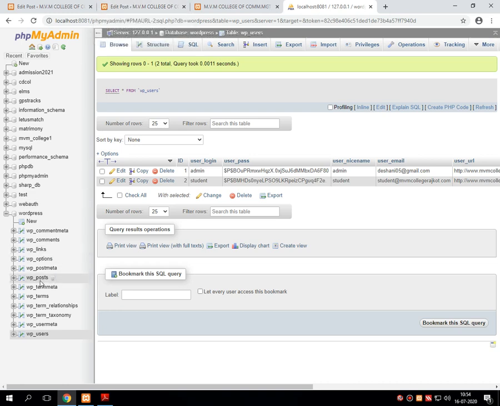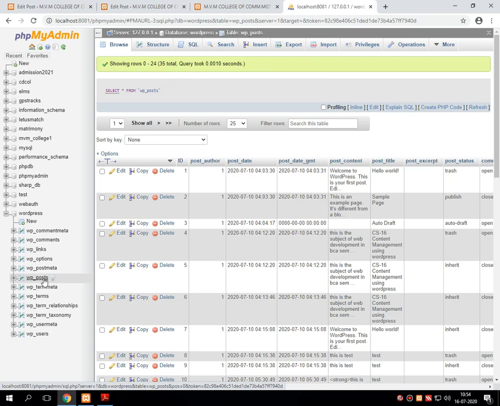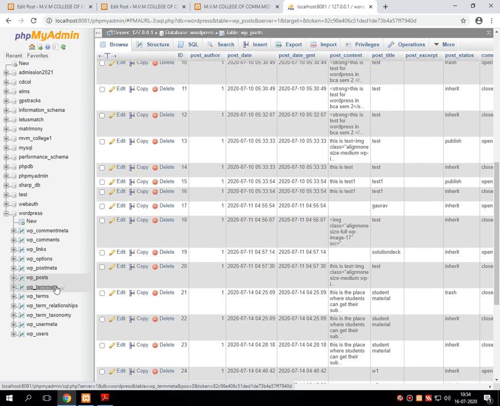Similarly, another table that I want to demonstrate right now is wp_posts. If you remember, right now there are two posts available in the system, test and test1.